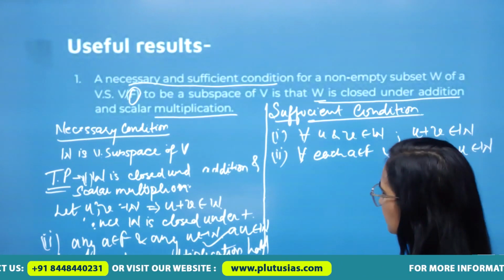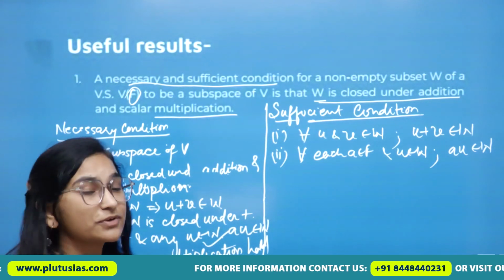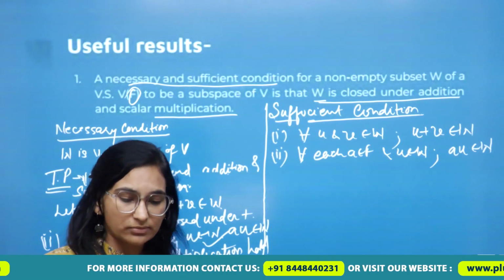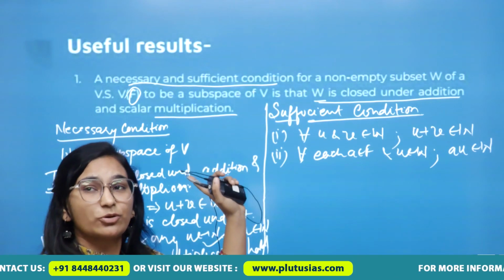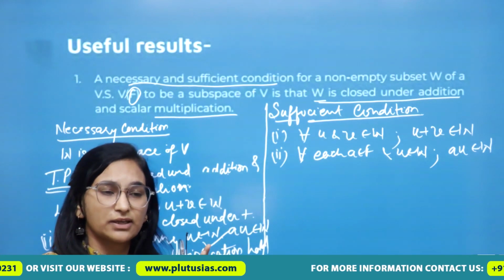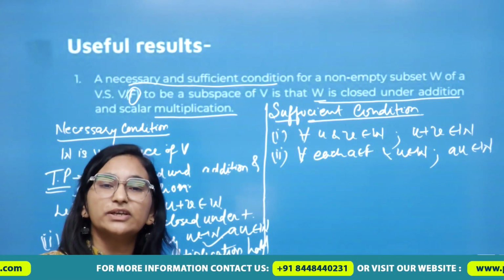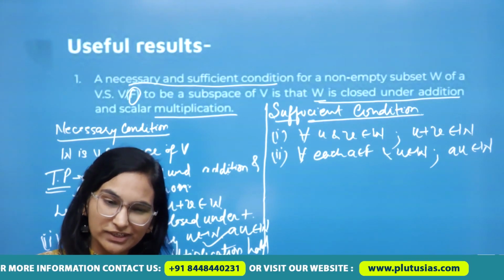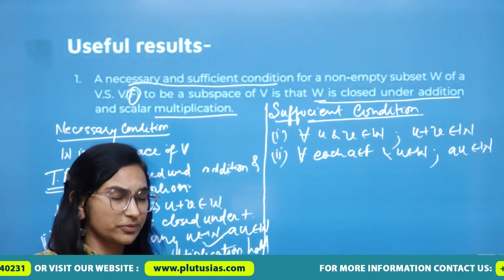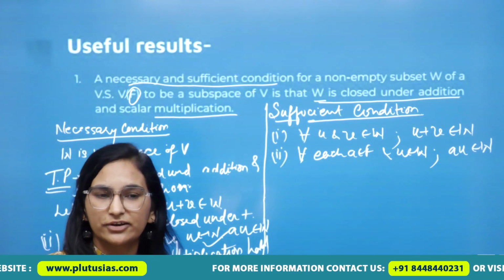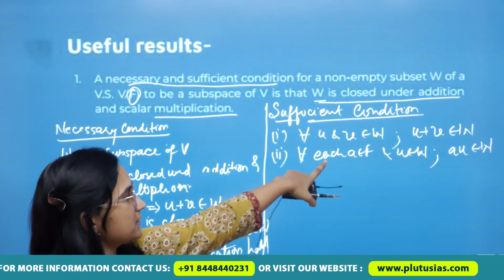Now we have to prove that W is a vector space or vector subspace of V. In the last examples, we have shown that to prove that W is a vector subspace, we have to prove the following 8 properties, and 2 including internal binary operation and external binary operation. Thus in total we need to prove 10 properties. But do we really need to prove 10 properties? No. We need to prove only 2 properties: that additive inverse should be there, and additive identity should be there. How would we prove that? Using this.